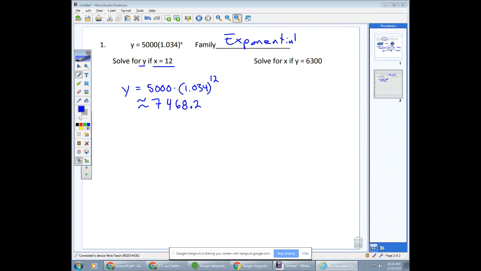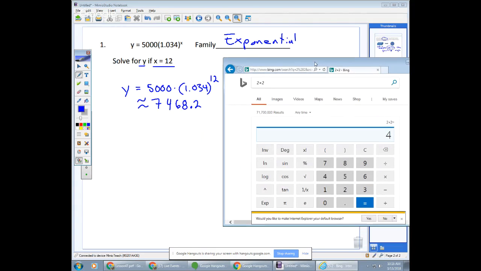Let's see. All right, so calculator-wise, I think I can just type it straight away on this calculator. Yep, 1.034. There's the power button right there, raised to the 12th. Yep, and I would call it 7,468.2 to the nearest tenth. I would go to the 100th probably, but the tenth is also an adequate answer. I will leave it there, that's good enough. All right,